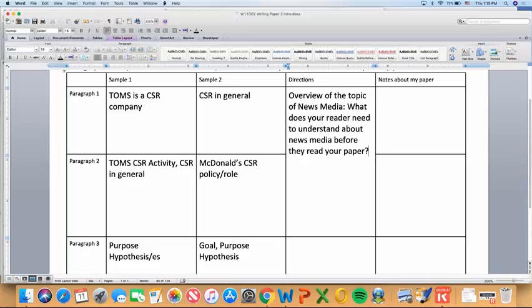So what does your reader need to understand about news media before they read your paper? So that's going to be an important thing. Make sure you have that overview. And then